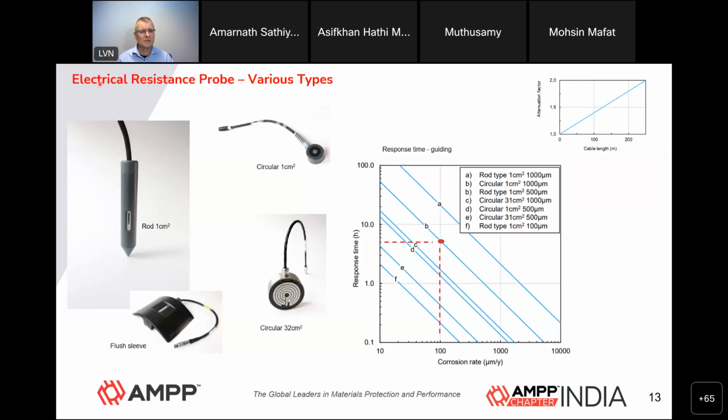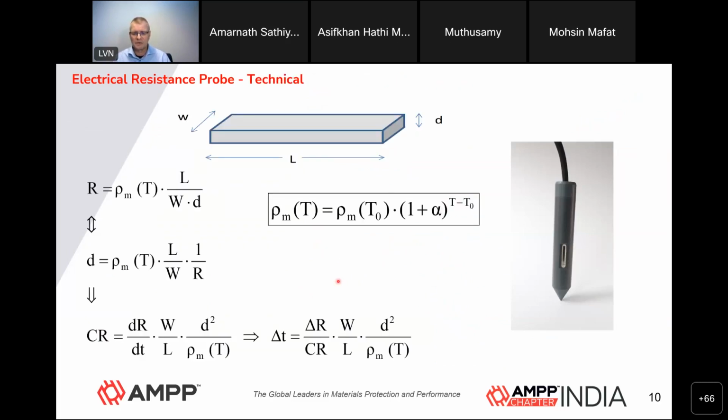This is how electrical resistance probes can look. There is a circular one with a spiral element here, or like this. The one that we sell, at least, is a rod type element in 1 square centimeter for AC corrosion. And you saw from the different equations that we have that we can optimize on the design of that probe